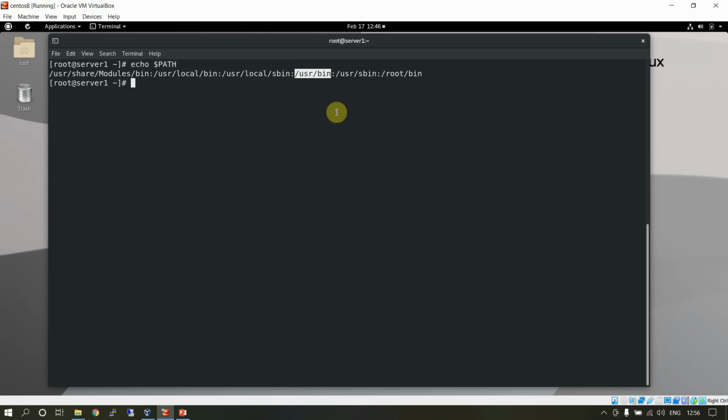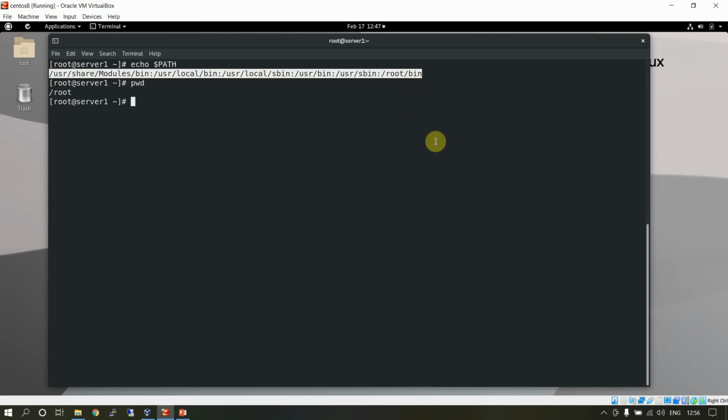That's how the PATH concept works. You can define PATH at various locations, and you can check what the current PATH is. It helps you in searching. If you have a binary file in the current directory, for example in the root directory, it will not work. It will not execute from here, because this is a rule that Linux will not execute the file unless it is available in any of the search paths specified by the PATH variable.